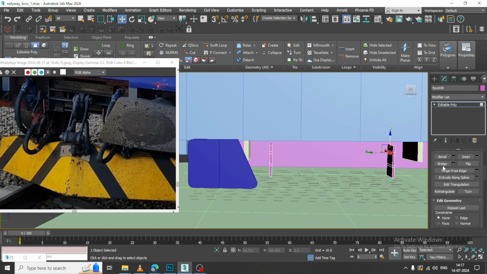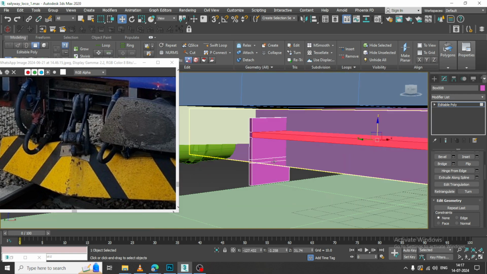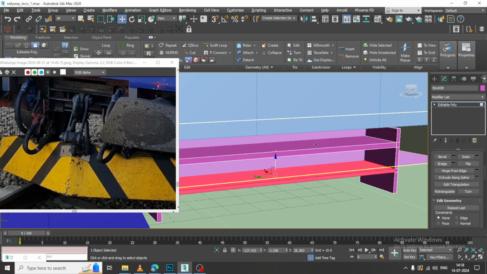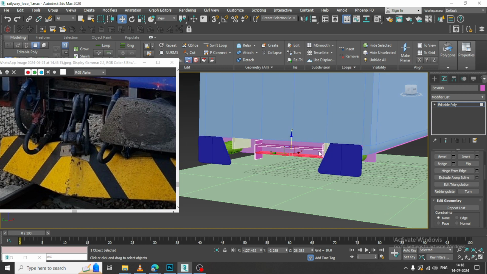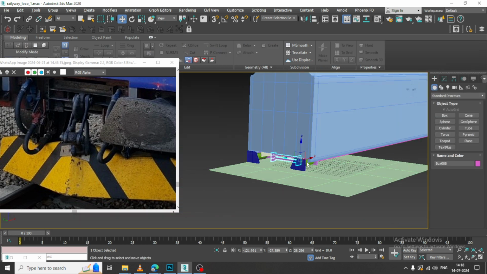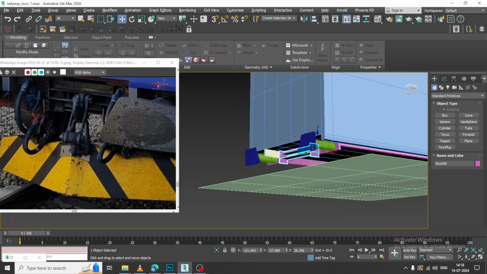Select both of these and I'll bridge this, and again bridge it. Just keep on bridging this. If you are going with these details,